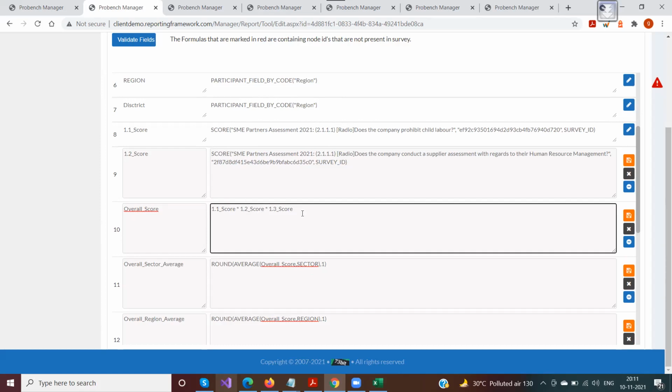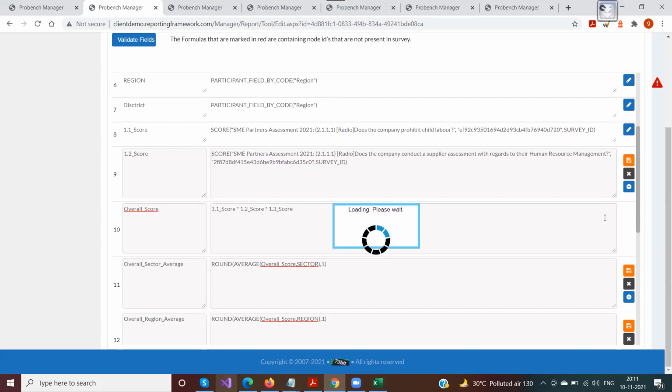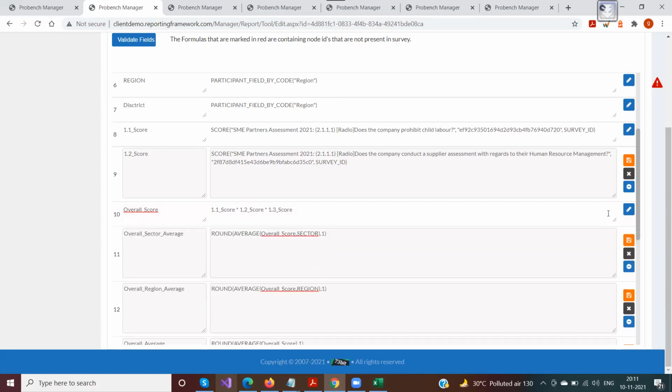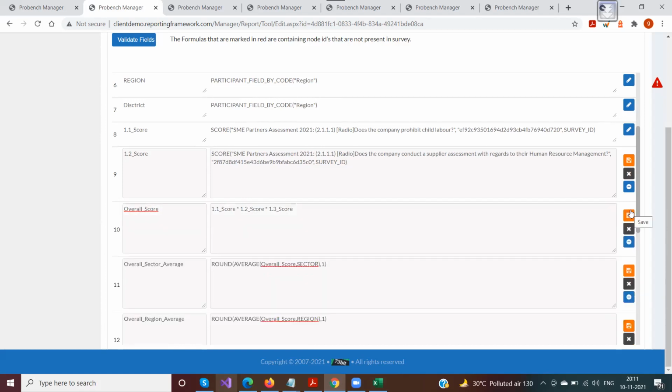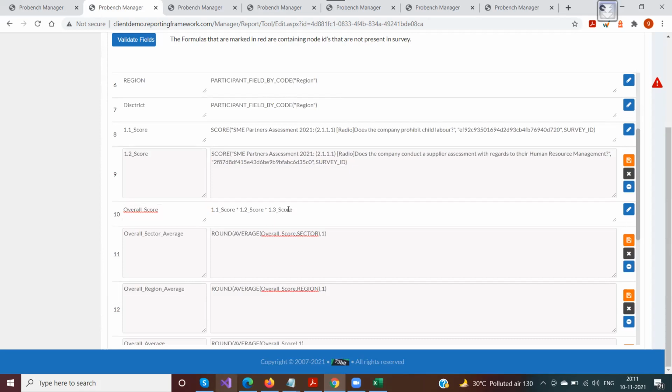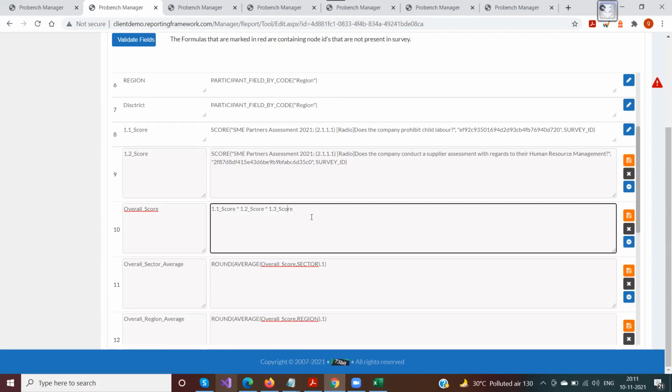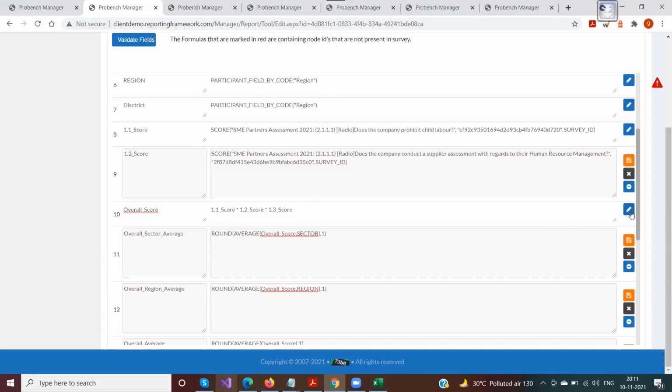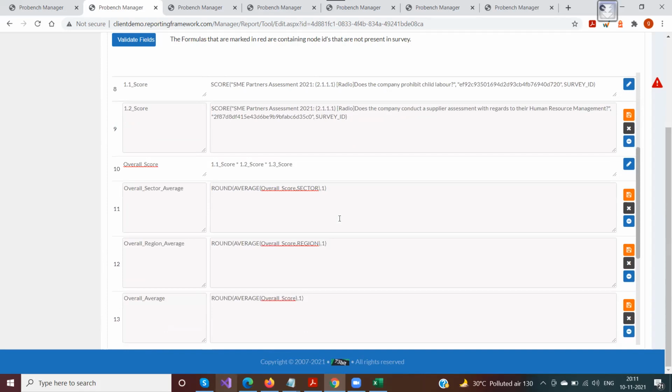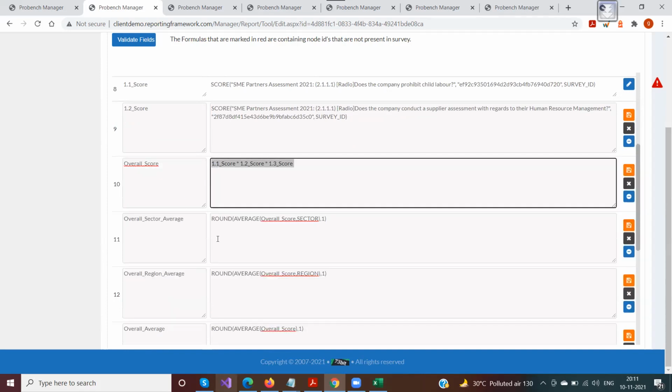Once I have made this change, I can just click on this save button here and it would save. So this particular field is saved. When I want to edit again, I can click on edit, or the other way of editing is to just click on that field and it would be converted into an editable mode. If I want to delete that particular field, I'll use this delete button here. And if I want to cancel anything that I have edited, you can just click on cancel or the cross that is there. It would cancel whatever I am editing. So this is about the mathematical functions.